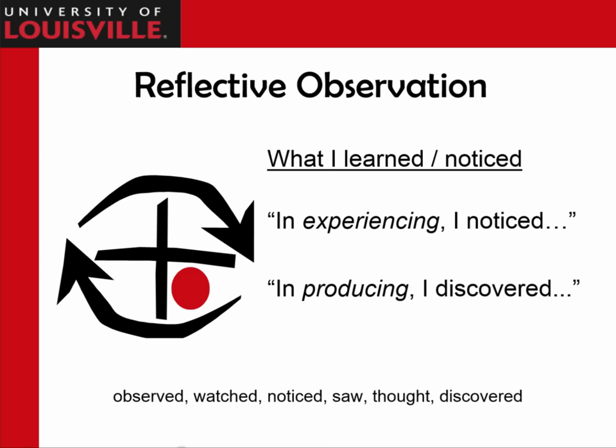Step 2 is reflective observation. These are the thought processes and patterns or trends of the experience. The learner then relates this experience to other experiences in his or her life. This is generally acknowledged to be the most difficult stage of the Kolb cycle, but it's probably the most crucial